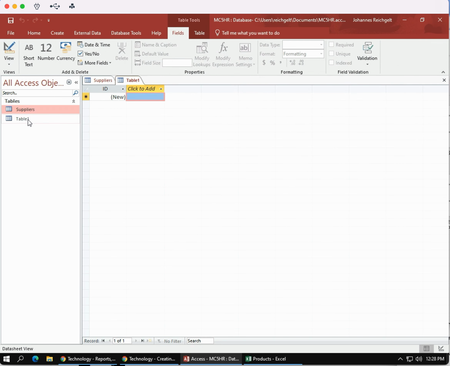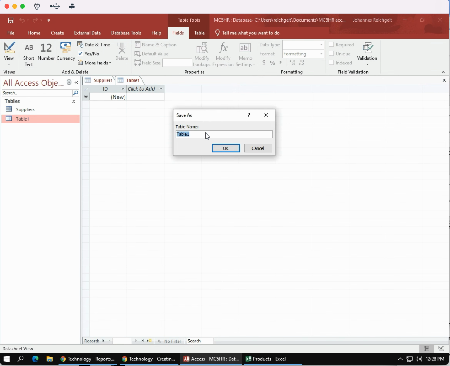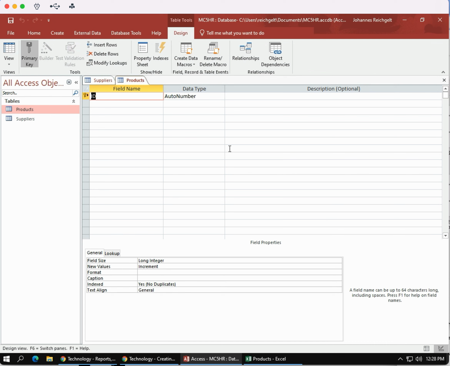And again, we select it, then go to the Design view, and we'll call this one Products. Now, this table is going to have 6 fields: product ID, product name, unit cost, list price, quantity per unit, and sub ID again. So we start, and prod ID